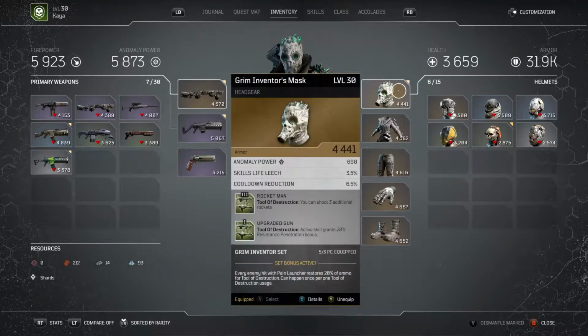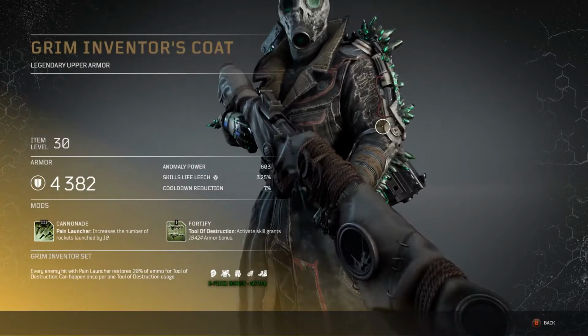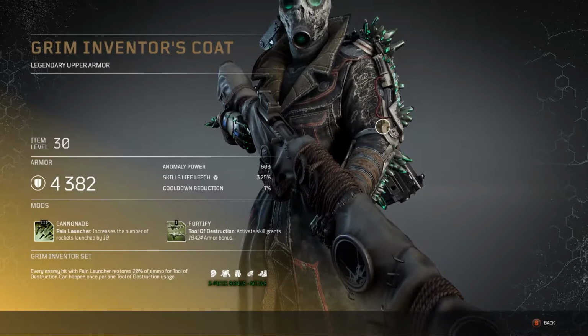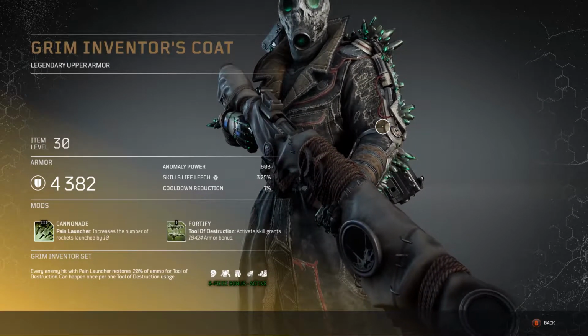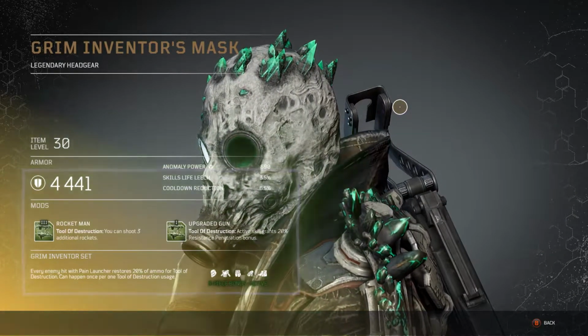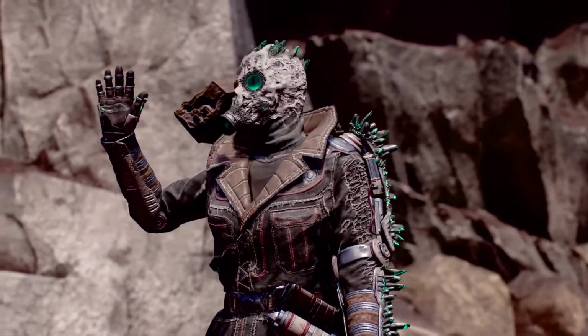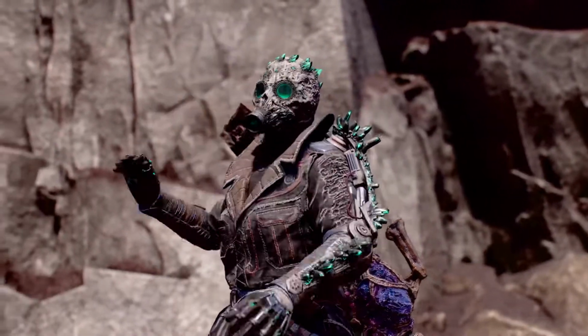As well as this, the equipment you use might also influence the way your skills work. The equipment passives might reduce the cooldown or duration of a skill, or they might alter it on a more fundamental level. And there we have it, an introduction to the Outriders Tech Whiz,